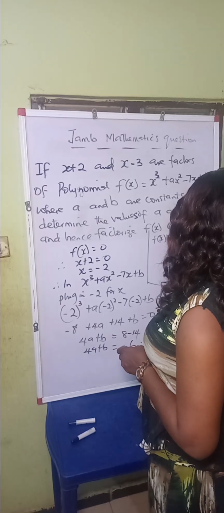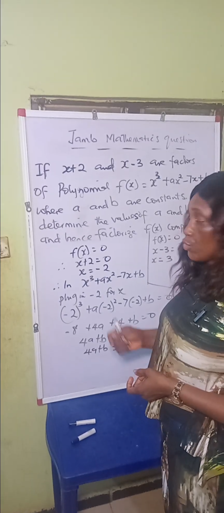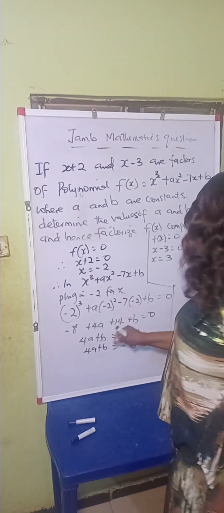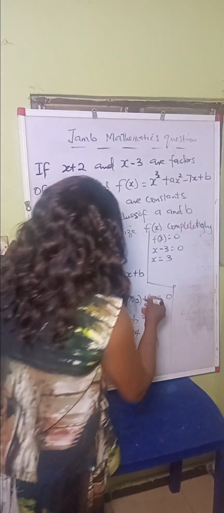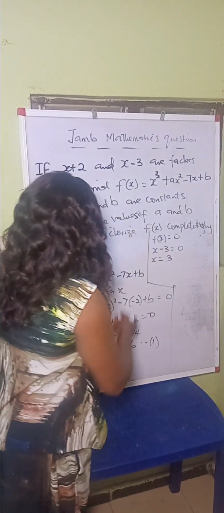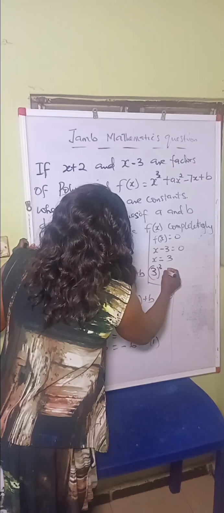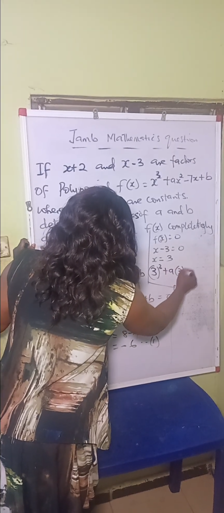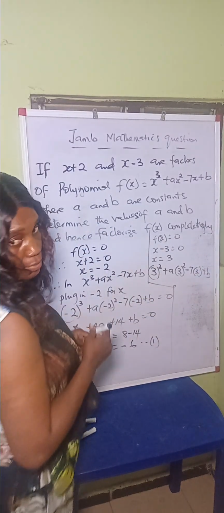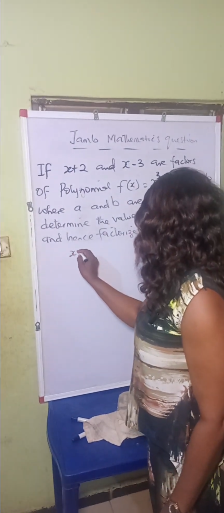So f of x being equal to 0, x minus 3 will now be equal to 0, so x is equal to 3. We are going to do the same thing that we did here, okay? X will now be equal to 3. So plugging in 3 in this algebraic expression as our polynomial, we have 3 all raised to power 3 plus a bracket 3 all raised to power 2 minus 7 bracket 3 plus b. So now, since x is equal to 3,